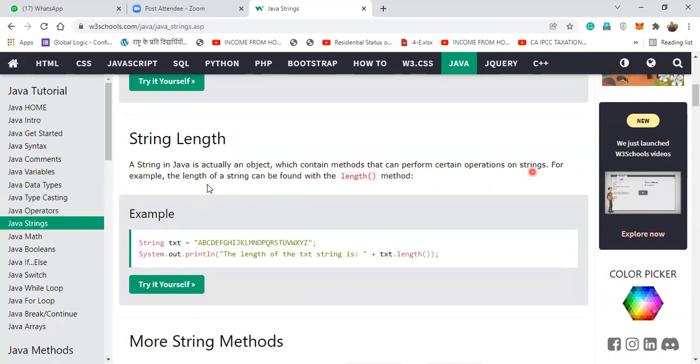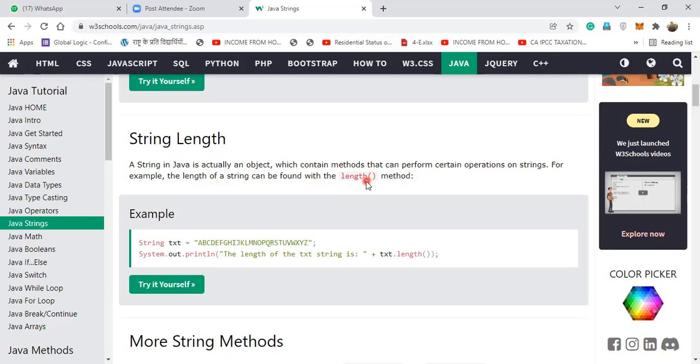A string in Java is actually an object which contains methods that can perform certain operations on strings. For example, the length of a string can be found with the length() method. So length is basically a method or a function which gives us the number of characters present in that string. How many characters are present in the string, this length function gives us.